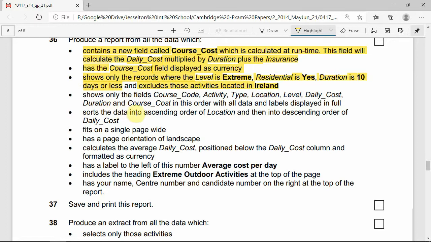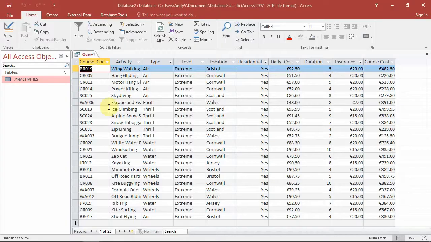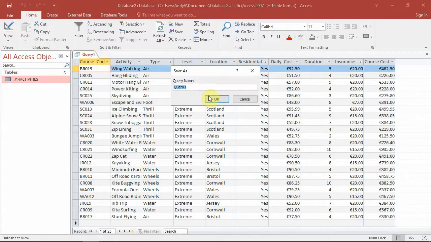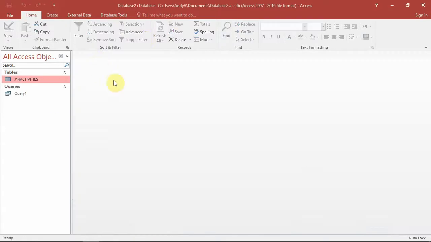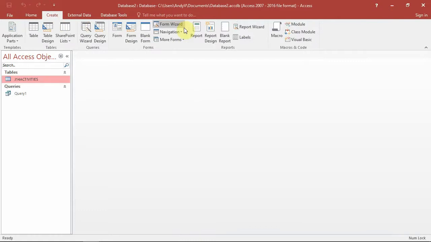Sorts the data in ascending order of location and descending order of daily costs. Okay, so we're going to look at doing these two now. So now what we need to do is we have our query. Let's save this query and close it. Okay, so what we're going to do is create our report, and for this we're going to use our report wizard,